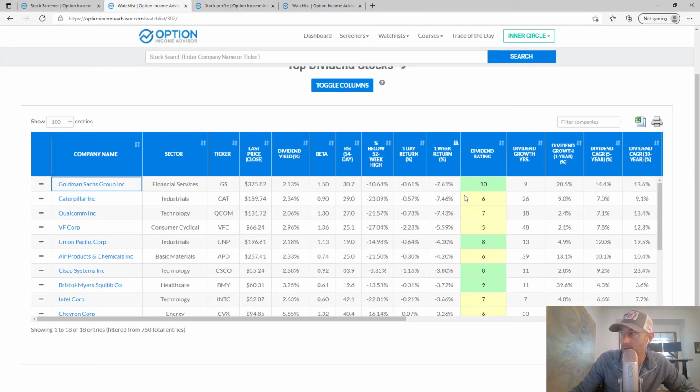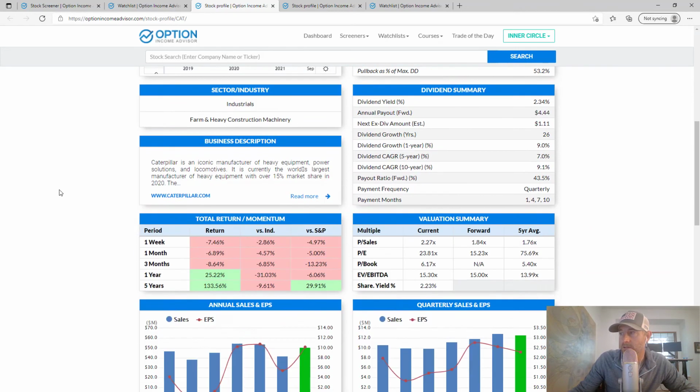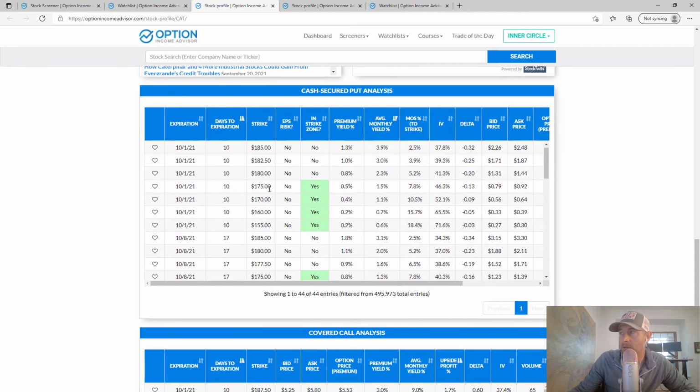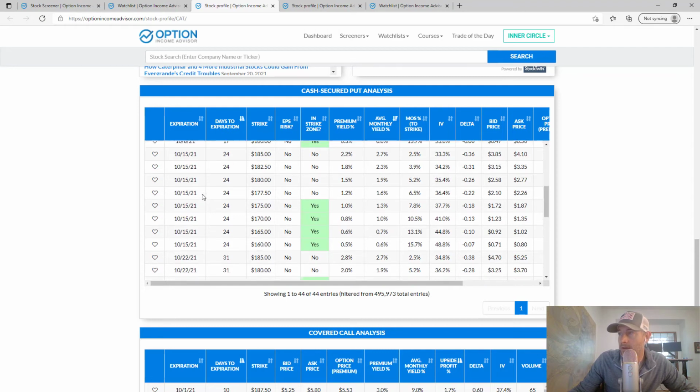Now let's go back to the watch list and say, okay, Caterpillar's traded down 7.5%. This one's off 23% from its peak. So this one looks kind of interesting too, right? So I'll click on that, and I'll check the metrics, check the chart out, but obviously go down to the cash secured put analysis. And again, if we're sticking with our October for now, I'm looking specifically at stocks that are in the strike zone. So this one does not report earnings within the October timeframe. So even better, right? All else being equal, if I can find an option that makes sense and doesn't trade earnings, then I'll take that.